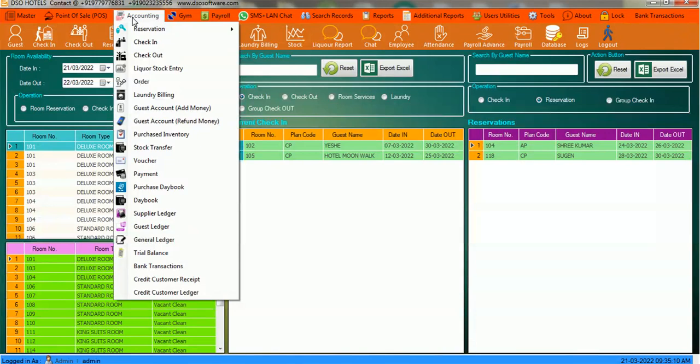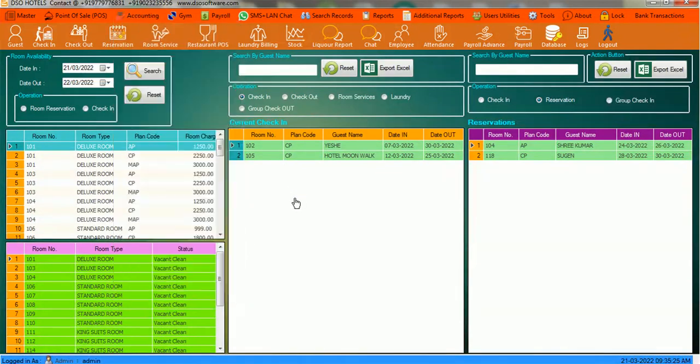You have to maintain your hotel's accounting, purchase raw materials like milk and paneer, and transfer stock to the kitchen. How much you have stocked, and how much is left or given, everything you can maintain in our hotel management software. Now step by step I will guide you through our check-in process, how to check in using our hotel management software.